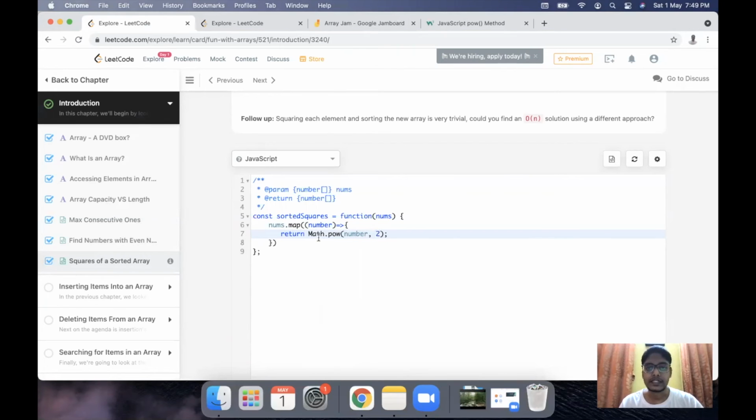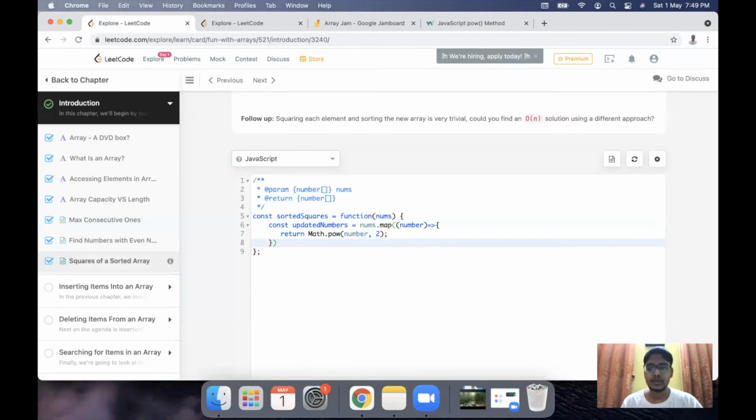Since map itself returns an array back, we can have a const and name it updated array, or updated numbers, and we will get these values.